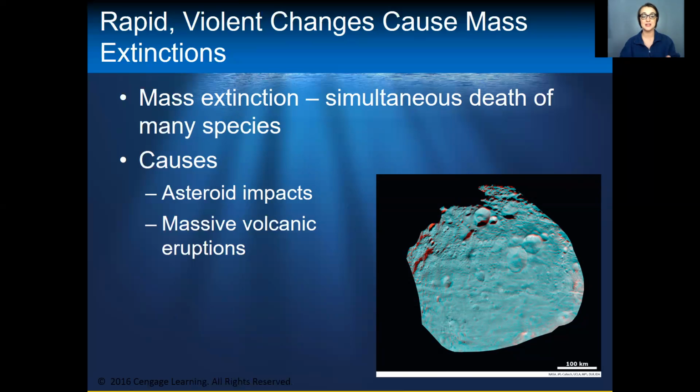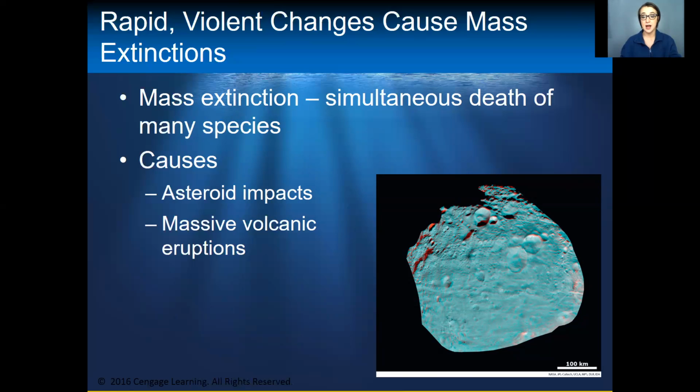So a good example of this is going to be massive volcanic eruptions, global warming, asteroid impacts. So these are all things that can very, very quickly affect our oceans specifically, and